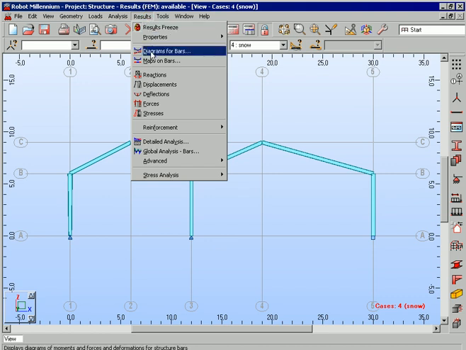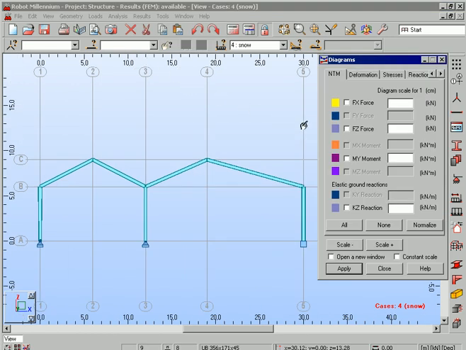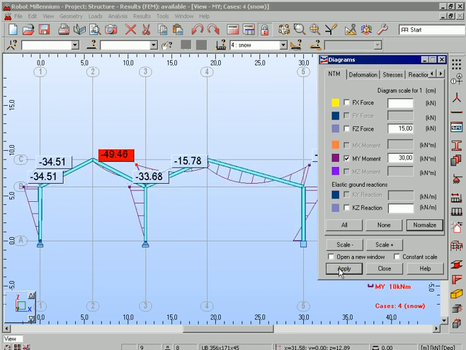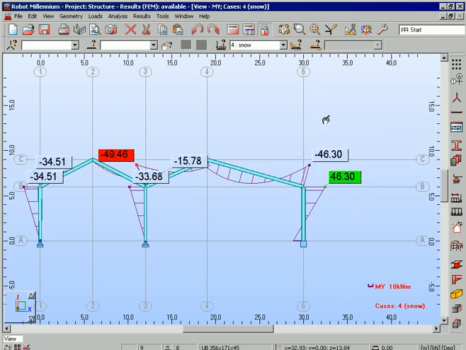We can now press the calculations button to solve the structure, and of course look at the results in some detail. Firstly, we're going to look at the diagrams for the beams. In this case, shear force, major axis bending,